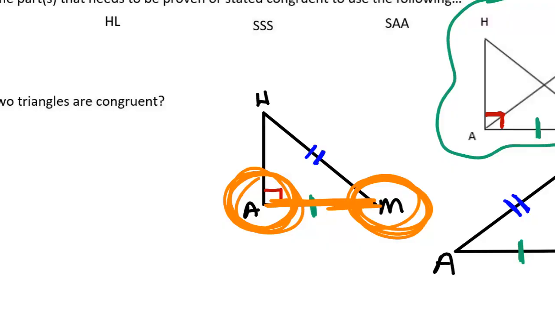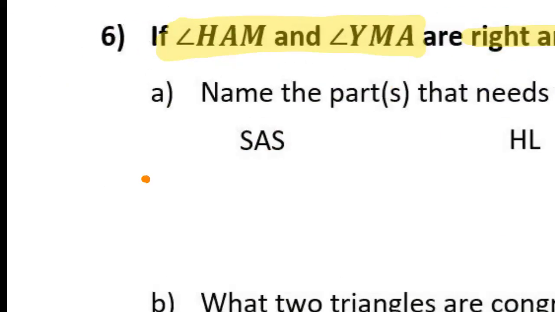I can't call that angle M, because looking back at my original picture, if I say angle M, do we have any idea which angle I mean? It could be the right angle, it could be this little angle, it could be this little angle. I have to give it a three-letter name. So what could I call this angle here instead of angle M? Angle HMA, yes. I would say angle HMA